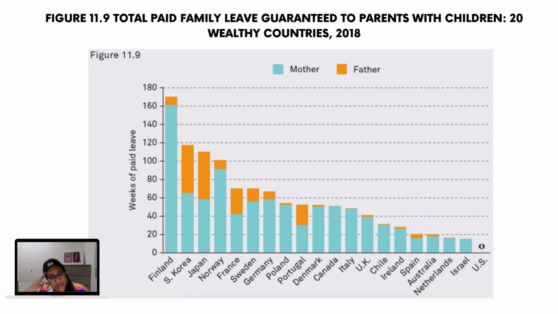And then you'll see all of these other nations that we consider to be either our equals or beneath us when it comes to wealth and power in particular, maybe not culture. And just look. There's a big difference between the US and Israel. 0 versus 16 is different. Those are two very different numbers. And while 16 is still sad, it's not as sad as 0. What does that say? What is that telling you?